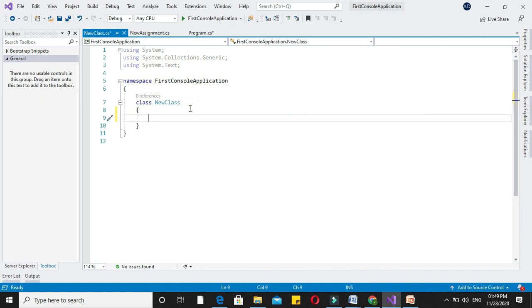Here I will add a new method to display a message.